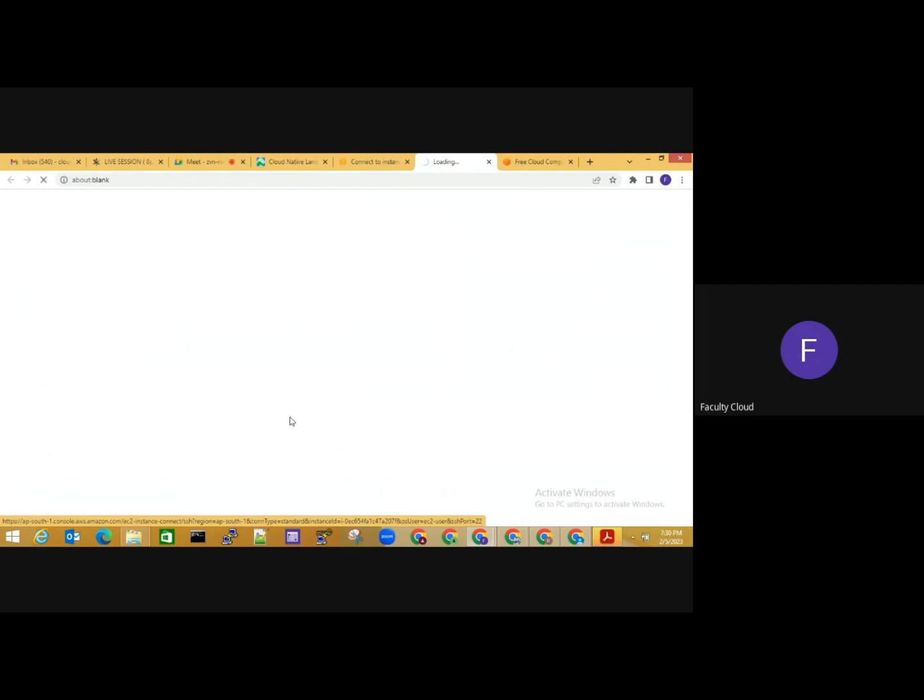One, we will explore using the GUI, graphical user interface. Second, we will use the command line for operation as well. So let it get loaded. I'll just wait for the VM to be provisioned, the connection to be established. VM is already provisioned.